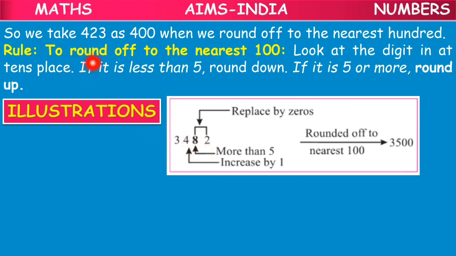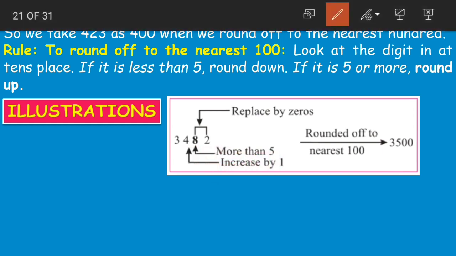3482. We should round it off to the nearest 100. Now what did I say? Look at the number in the tens place. The number in the tens place is 8 here. Now 8 is more than 5. So what will we do? What did we do for the...